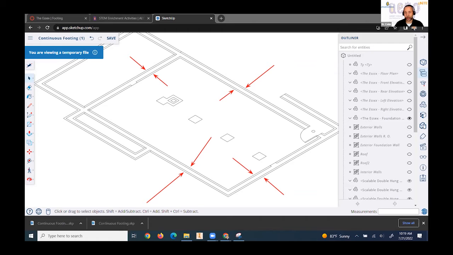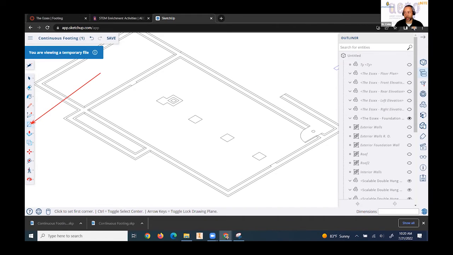All right, so basically what you're going to end up doing is using rectangles, just like we did for the interior walls. When we did the interior walls for the model, we're going to use rectangles in order to create the footing. Okay. So in this case, again, I'll kind of go through it and then we can do it together. So you're going to use your rectangle tool in order to create the footing. And so if you go to the rectangle tool,